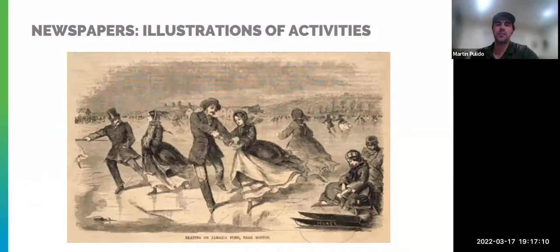Okay, ads, other things that are kind of cool. This is from Jamaica Plain in Boston. There's a place called Jamaica Pond. My great-great-grandfather, Frederick Kohlhepp, would talk about skating and playing around on the ice, and he fell in once and nearly died at the Jamaica Pond. But it was neat, as I was looking through some of the old newspapers, to find this engraving that someone had done of people skating at Jamaica Pond itself. It kind of helped me visualize what his pastimes were like back then.